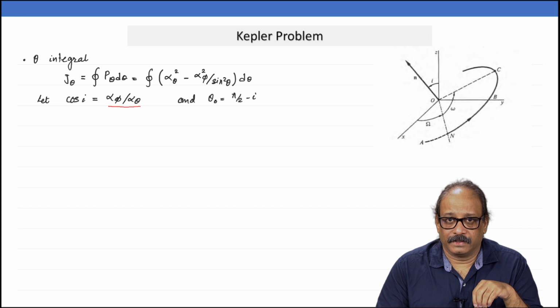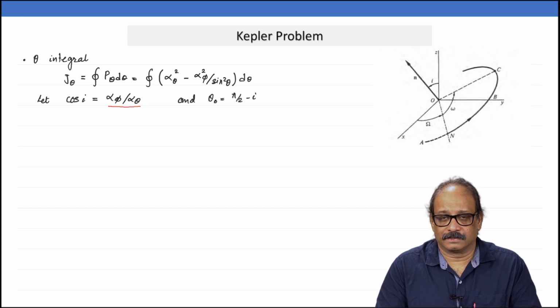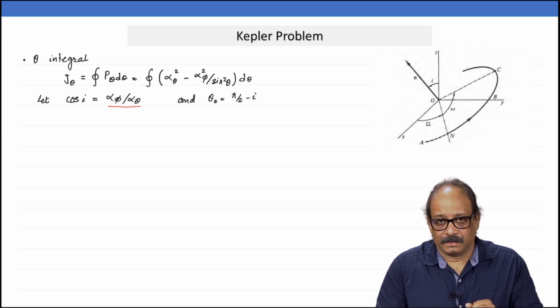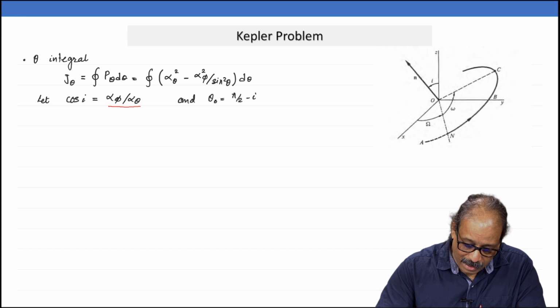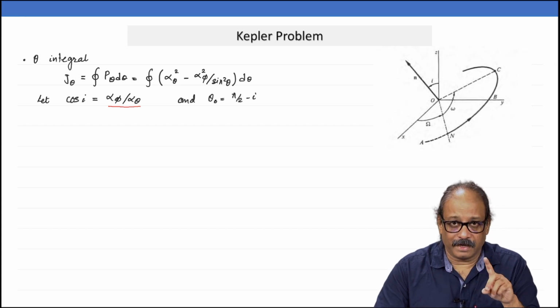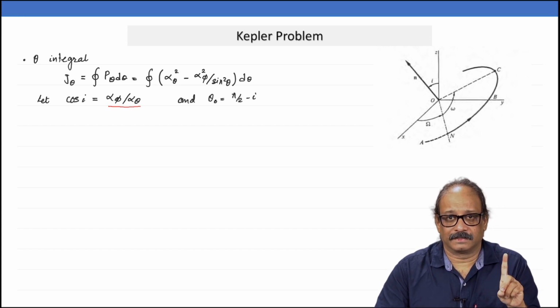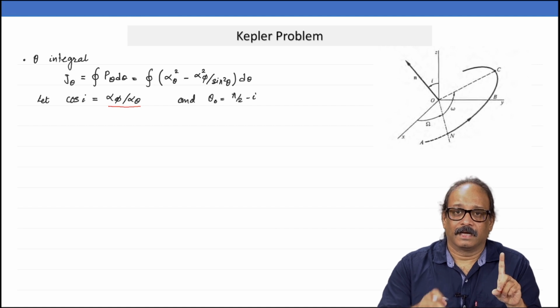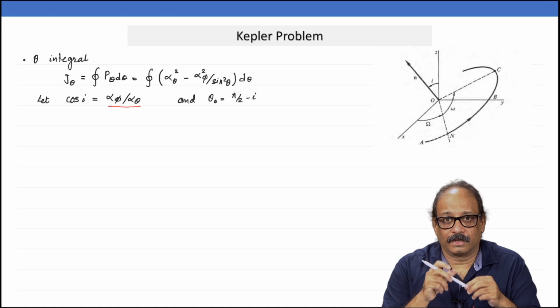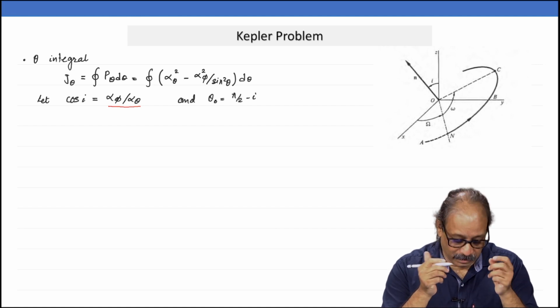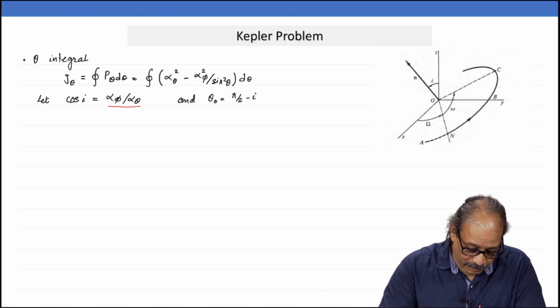Even though a priori we did not know, we just need to do this integral, but since we already know the answer to the problem, I can interpret these particular values there. Remember, alpha phi is the magnitude of the z component of angular momentum, and alpha theta is the magnitude of the total angular momentum. So, what would be the ratio of these two?